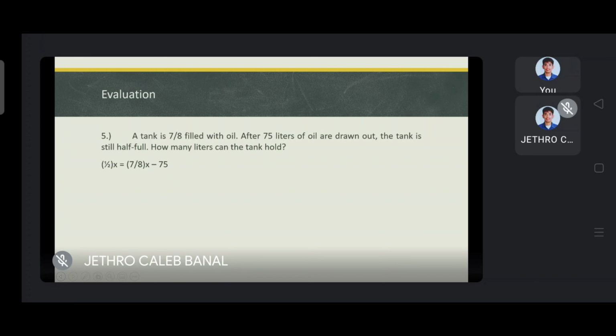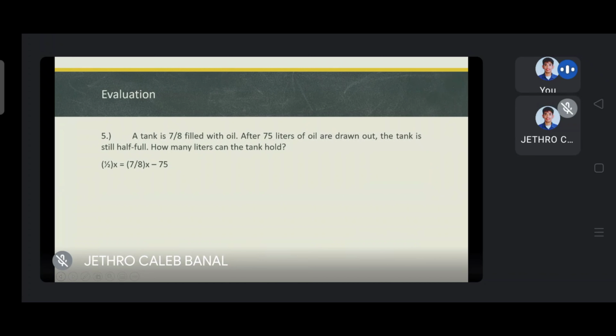Now, ayan. So, marami tayong pwedeng gawin dito. Kanya-kanya tayo ng diskarte sa pag-evaluate ng variable x. Pero, pag nagawa natin yun ng tama, iisa lang ang magiging value ng x dapat na lalabas. So, what I'm gonna do is I will multiply the whole equation by 2. So, makakancel yung 1/2 x. Ang matitira na lang, 7/4x minus 150